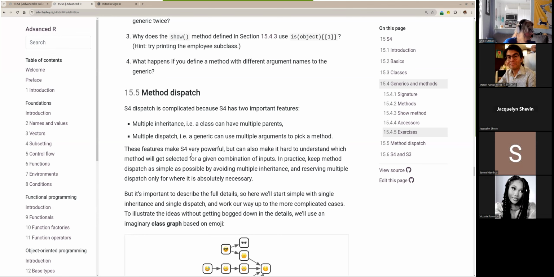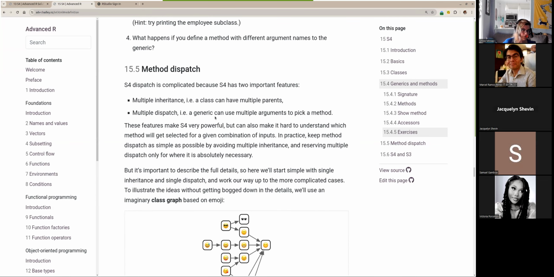So you might not only want to dispatch on X, but you might have a Y value to dispatch on. It makes it very powerful, but hard to understand which method will get selected given a combination of inputs. So in practice, you want to keep it as simple as possible and maybe just dispatch on a single argument, and that will keep things as linear as possible